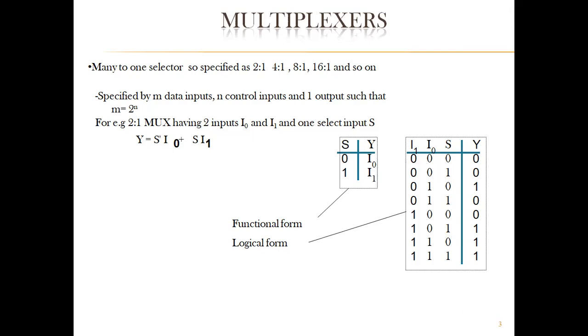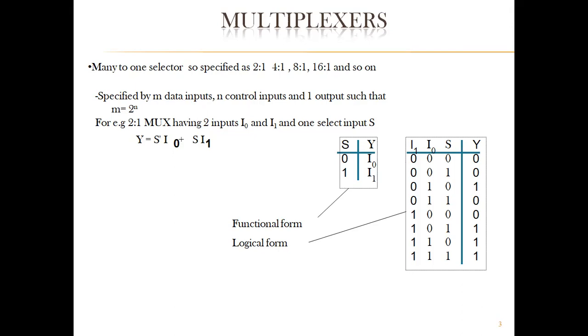So I can say that the basic structure of a multiplexer is an n:1 multiplexer with m select lines, such that 2 raised to power m is equal to n. Here it is written the other way out: n data inputs and m control inputs. Either way, 2 raised to power the number of select lines or control lines gives you the total number of possible combinations at the input.